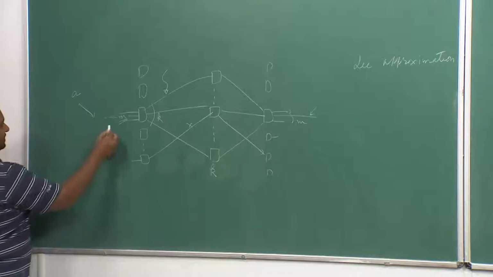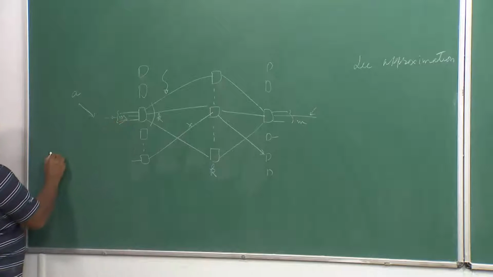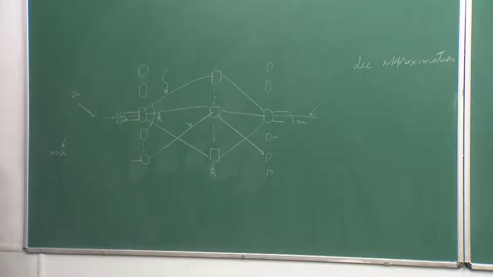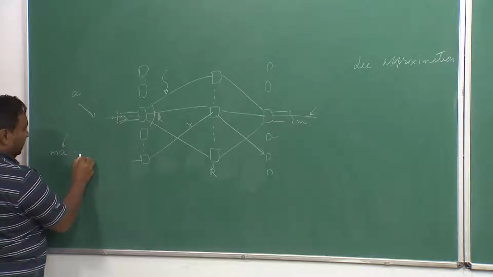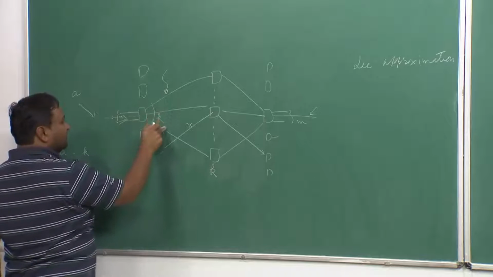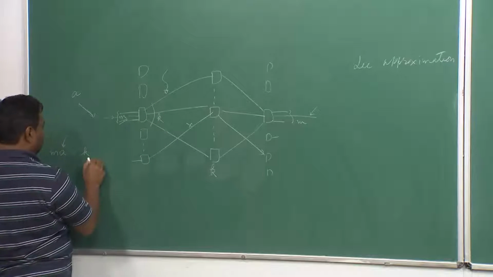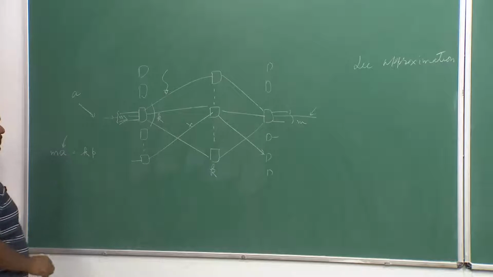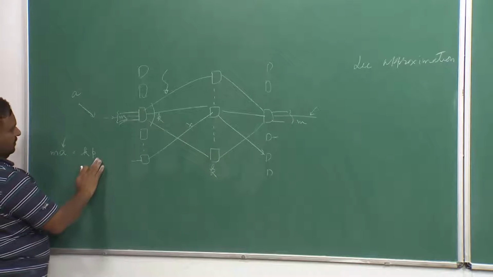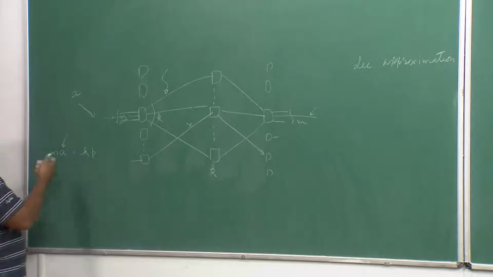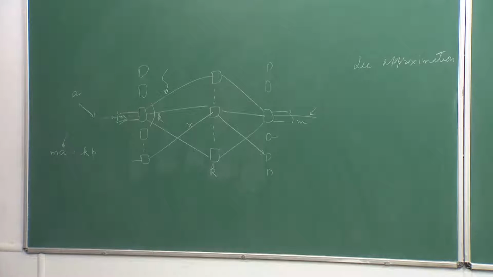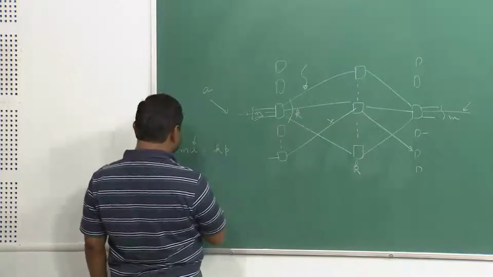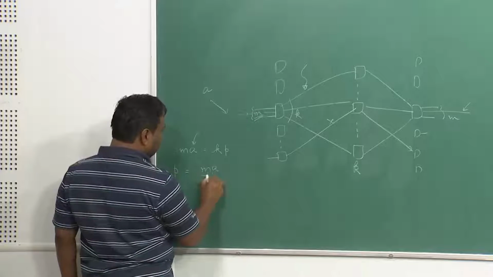There are m ports, each of which can be occupied with probability A. This should equal the probability of any one of these links getting occupied, which we call p. So p should be